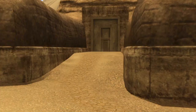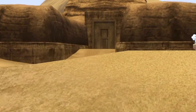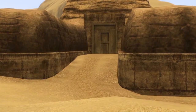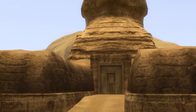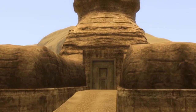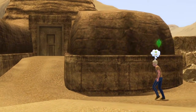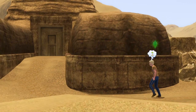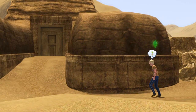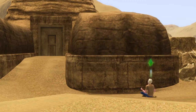The door is shut. Now, as you know, I have had to do these final 2 French tombs on a fresh save. So, although Craig has been cured once before, and the previous cure was at night, and the sky went red for that one, if you want to see that, it's in episode 50 at the 26-minute mark. Now here he is pleading to the Sphinx. This is daylight. The sky's going to be a different colour in daylight to what it was before,